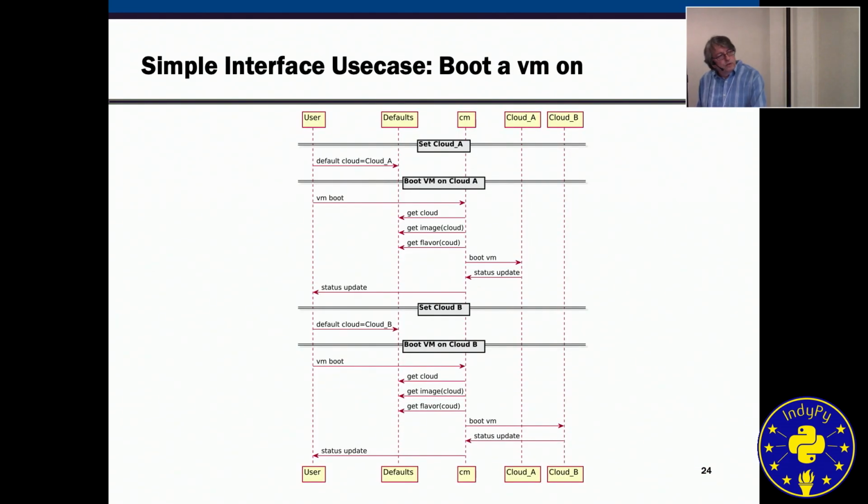Here's an example, and I apologize for the small picture, so I may have to skip this. I'm not sure if you can read it, though. It's difficult for me to see. But this is a boot process, and I will be going into this a little bit later. So this is just a virtual machine, but it could also be applied to a Docker container, where we simply say, select me a particular resource. On that resource, I would really like to boot a machine. I need to get an image, I need to get a flavor, I need to start this thing up, I need to get something back. But I can also do this on another cloud.